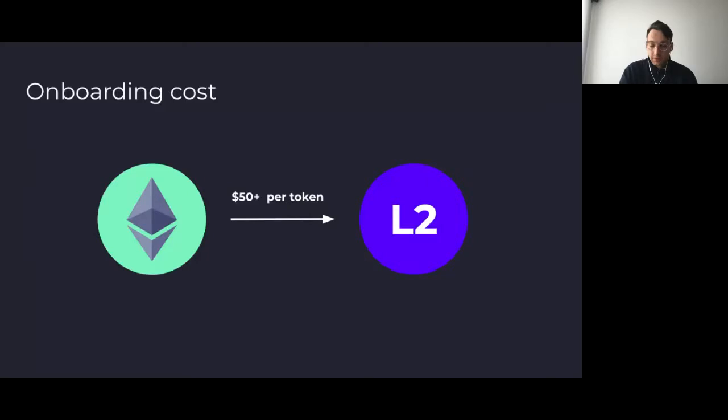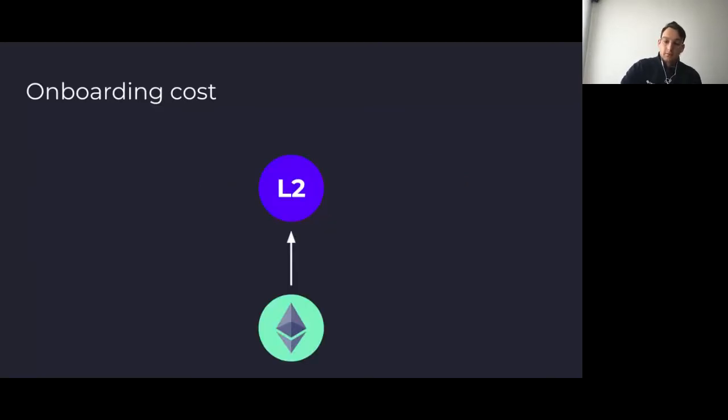Now, again, if you're moving loads of funds around, that's fine. But for your general normal user, paying a $50 fee to just move one token around is a bit ridiculous, and it puts us again back into being unable to cater for those wider users. Now, what are the ways of catering for this? This is a pretty tricky challenge to solve, because that is gas. That's the price to operate on the network.